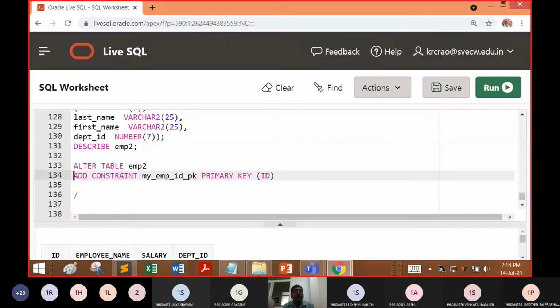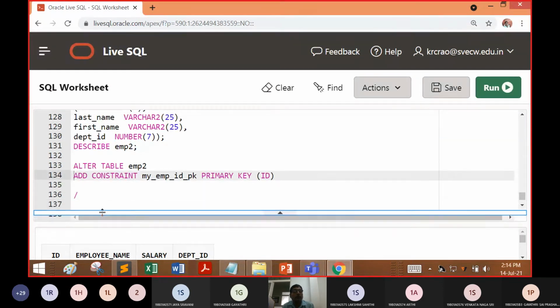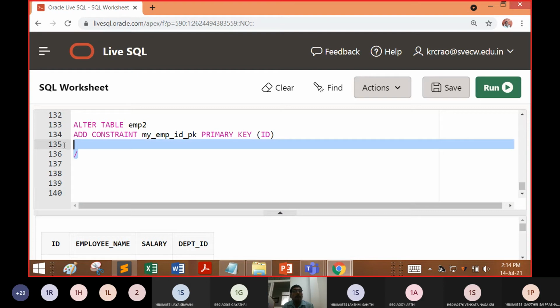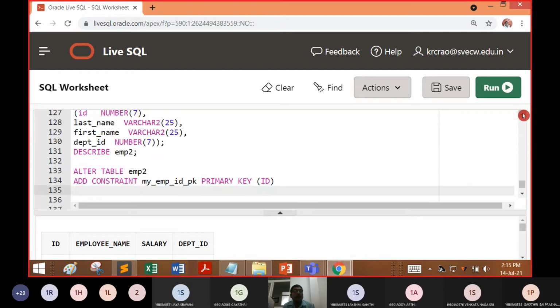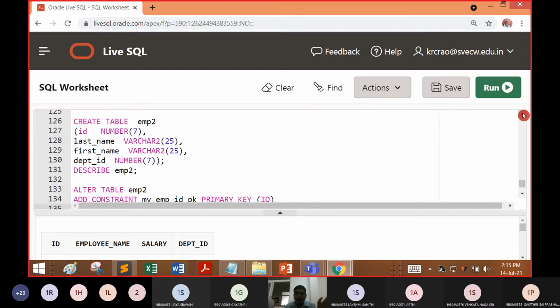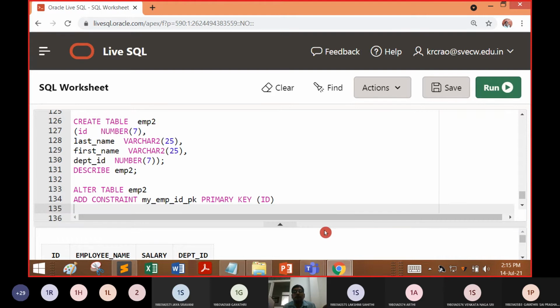Okay. And later you should alter the table by adding a constraint. Why is there an alter table constraint at that point of time? Why did you add the alter table?